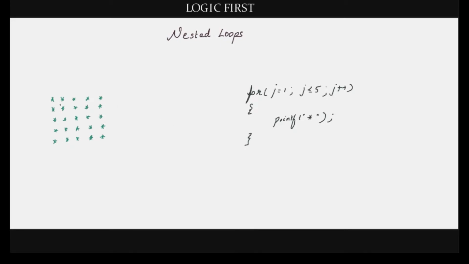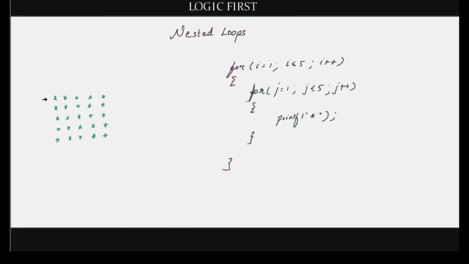Say you want to print 5 sets like this. With this code you will get only one row printed in the output. So you want this itself to be repeated 5 times, which means that this entire code has to be repeated 5 times. In order to do that, we have to enclose this code inside a loop. For, now let's use i equal to 1, i less than or equal to 5 because you want 5 rows, i plus plus. Now we have enclosed this block of code within a loop.